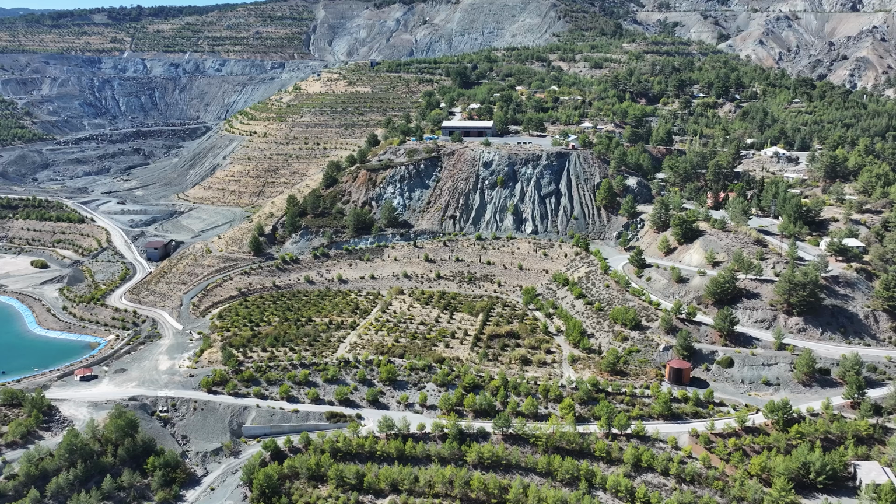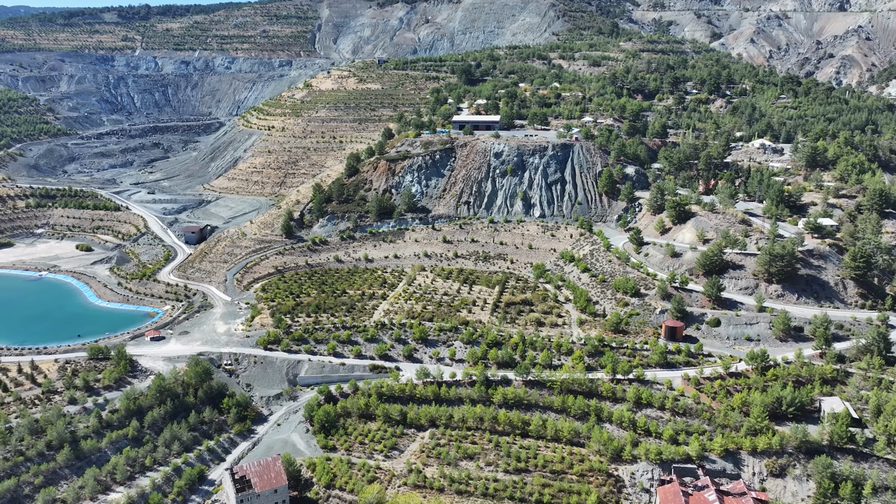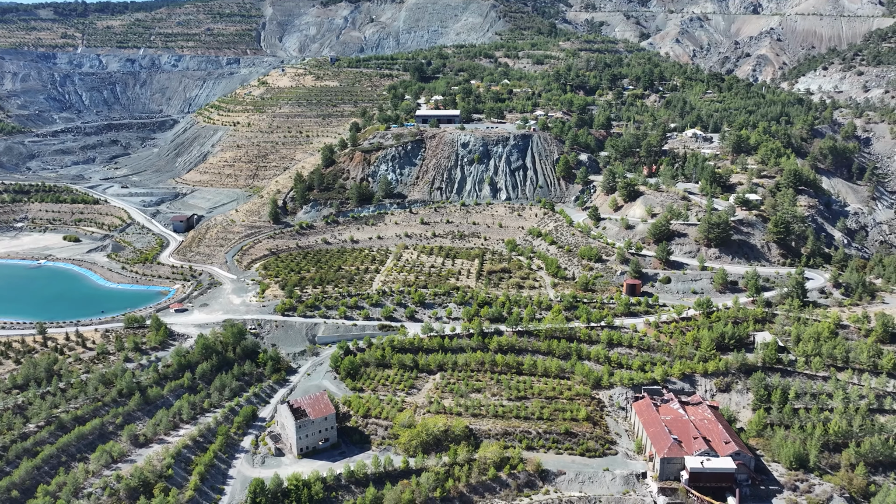Hi, this is Dominic from Paphos Life, and in this film we're going up to the Troodos mountains to have a special report on what I call a wild art gallery up near the old Amiantos Asbestos Mine. You can see the mine here, which closed in 1988,